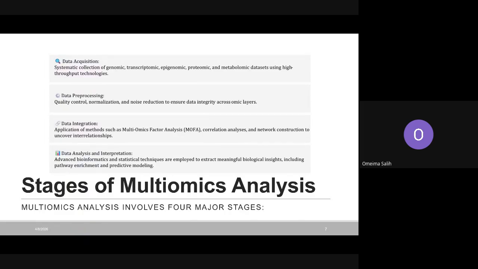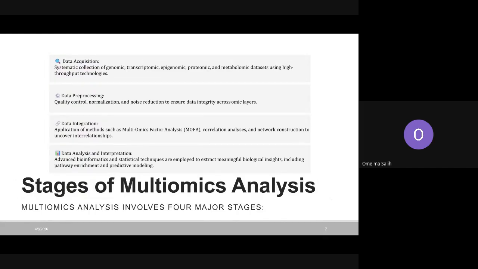So, and then we come to the third stage, which is data integration. You want to integrate all these data sets from different experiments into a single set. There are now different software and different models available on the internet. All these models are using statistical packages. It depends on what you want, on what data you have, and how these models or software accept this